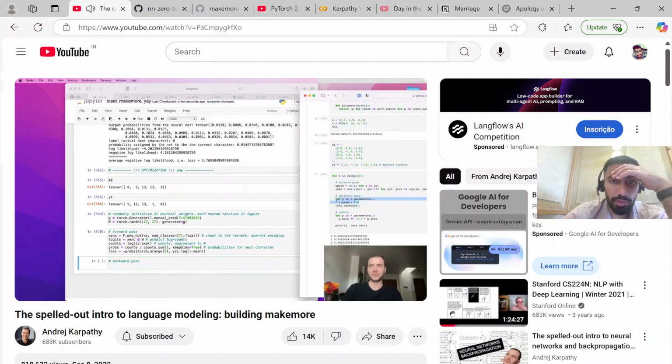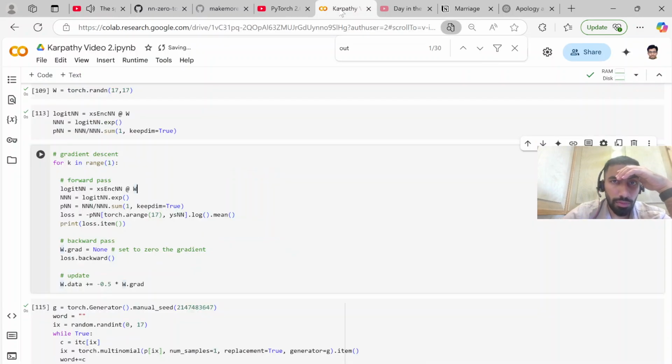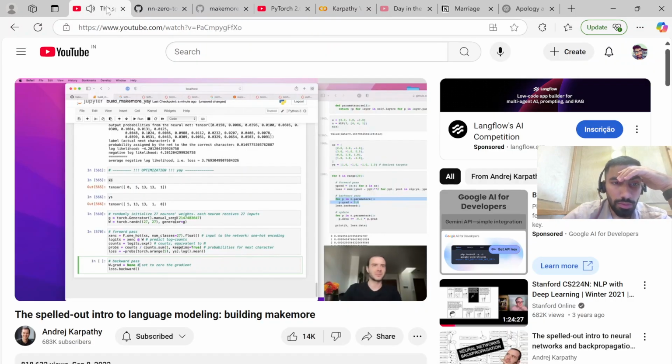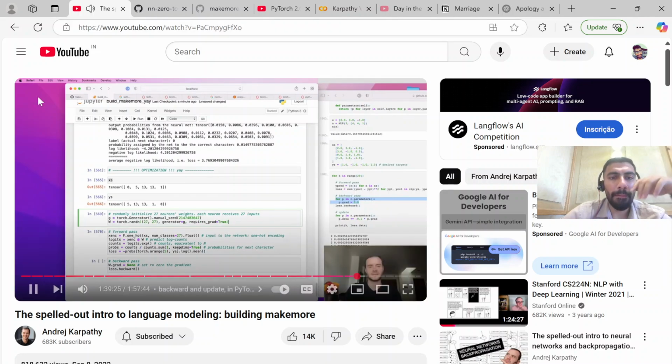So backward pass, we want to first make sure that all the gradients are reset, so they're at 0. Now in PyTorch, you can set the gradients to be 0, but you can also just set it to None. And setting it to None is more efficient. PyTorch will interpret None as a lack of a gradient and is the same as zeros. So this is a way to set the gradient to 0. And now we do loss.backward. Before we do loss.backward, we need one more thing. If you remember from micrograd, PyTorch actually requires that we pass in requires_grad is True, so that we tell